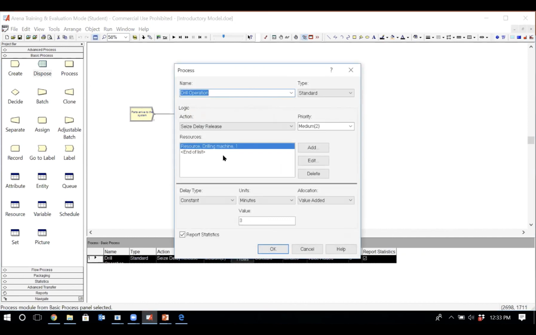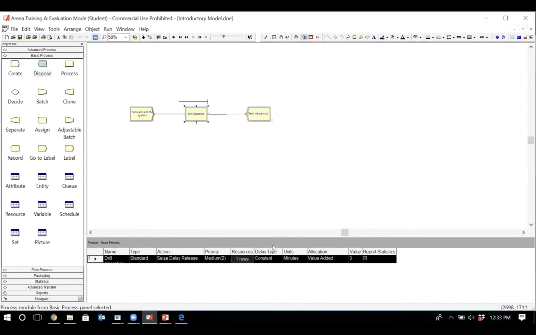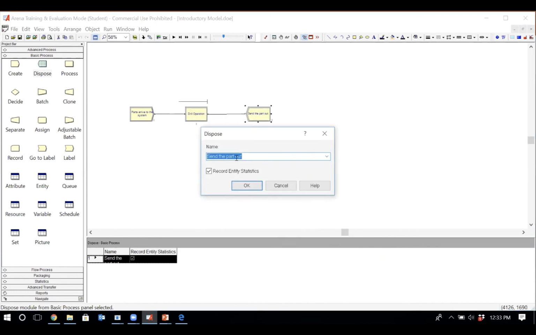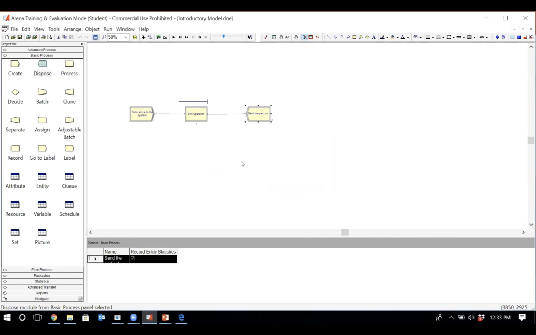And they go to the operation, they seize, delay, release the drilling resource. They are going to use one drilling machine, and the operation time, let's assume it's going to be constant, and it's going to be 3 minutes, and that's it. Okay. And then the dispose, okay, so it's going to dispose the entity when it's done. Okay. So now let's,